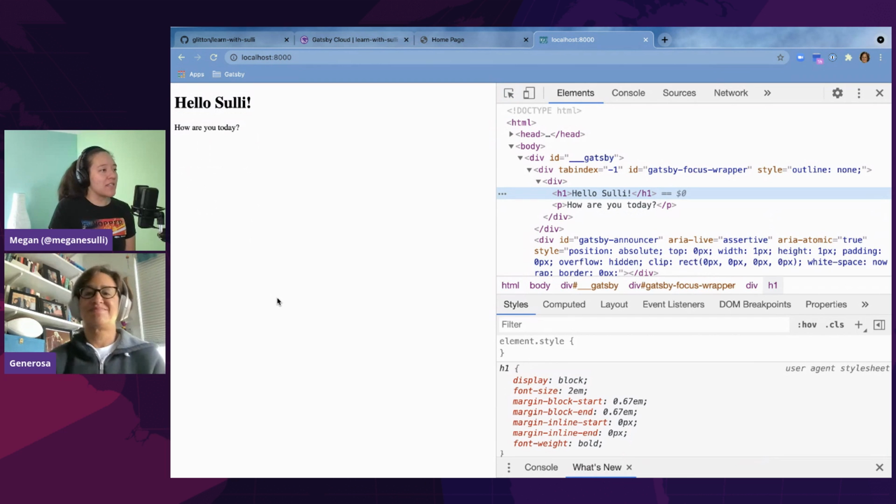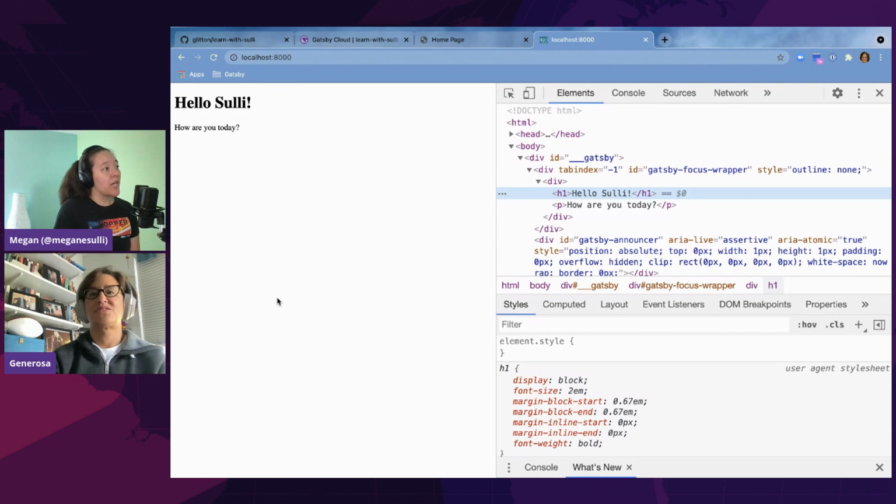So now you can see this is the contents of our page. There's that div, there's our H1, and there's our P tag. But if you don't want to have all of these extra div wrappers, because it can end up getting kind of messy when you just have divs and divs and divs.